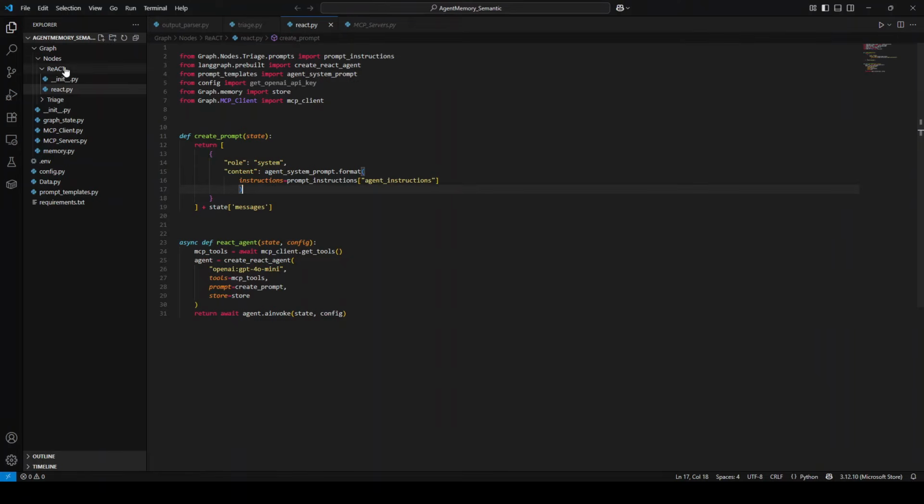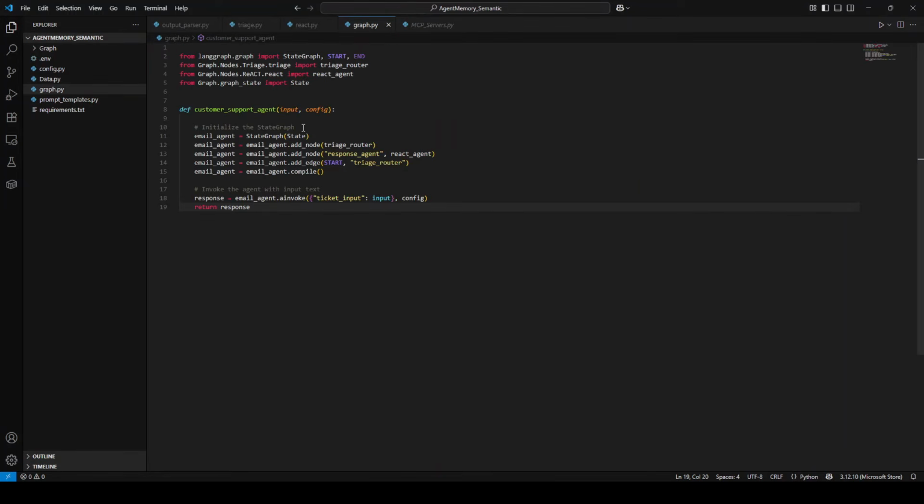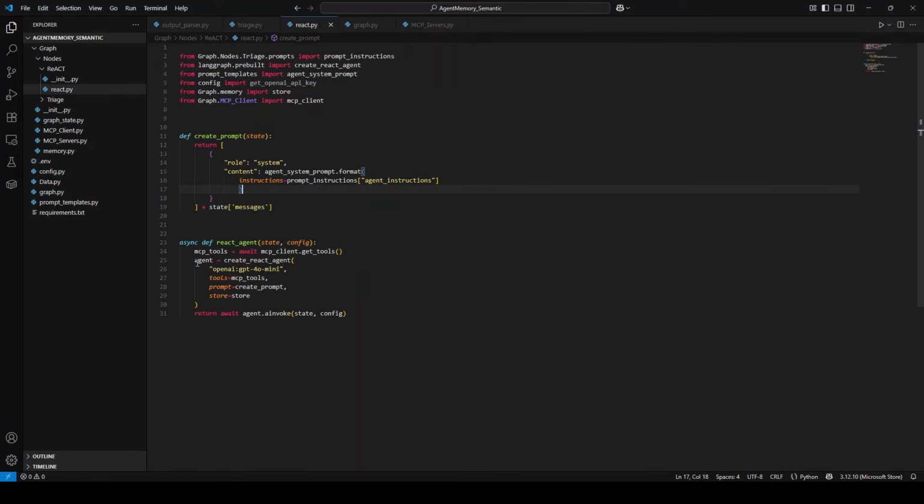Now that we have our nodes, our state, MCP server and client, and memory, the last thing that we need to write is the code for the main graph and connect everything together. So here we pass the state, the triage router as a node, the response agent, which is the React agent we already defined here,